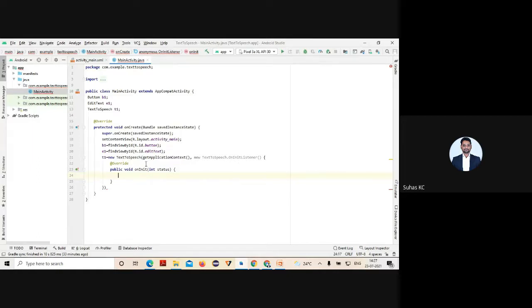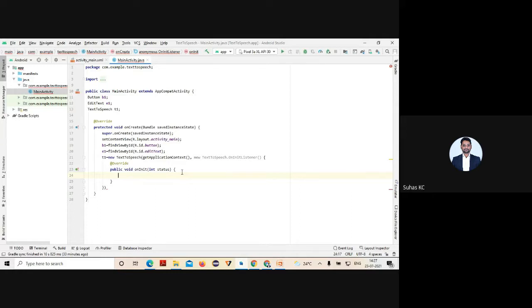Whenever you type any text in your edit text, it has to listen to that and speak out. For that, onInit is used. That's it. Hope you're clear. You can see only one parameter is being passed to that, that is your status. As soon as I create this particular method, it is going to automatically render the onInit method.